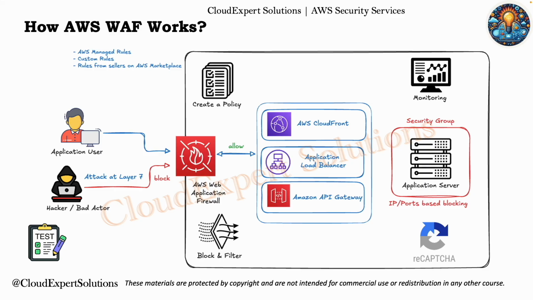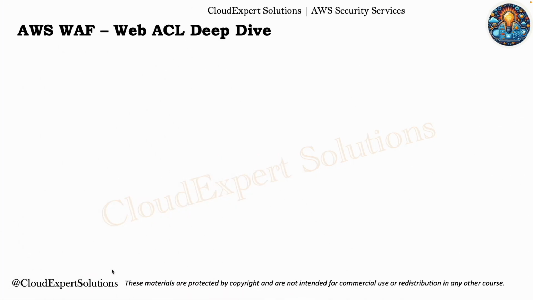And using this approach, you can identify anomalies and automatically fine-tune your ACLs without any manual intervention. Now let's take a deeper look at Web ACLs, which are the core building block of any AWS WAF. A Web ACL defines how AWS WAF inspects incoming web requests and what action to take when a request matches